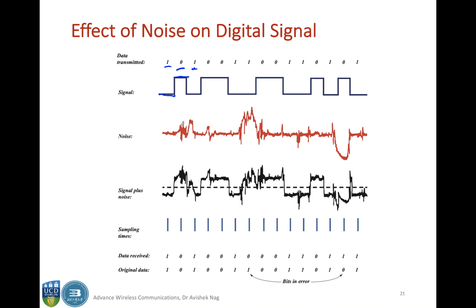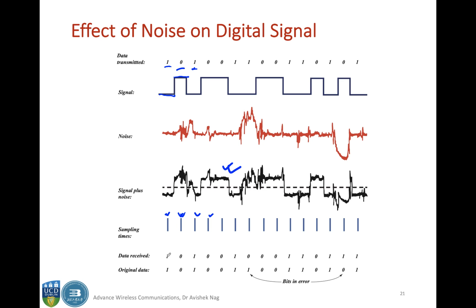Now imagine that you have a noise which is varying over time like this. If you add this noise to your signal, your signal will look like this. So this is the effect of impairments. Your original signal looks clean and crisp, but in this case the noise is degrading the signal, and it looks a little bit distorted. Now if you are observing the signal, the noise plus the signal, at different points of time, let's say your sampling times or the observation times are these, then